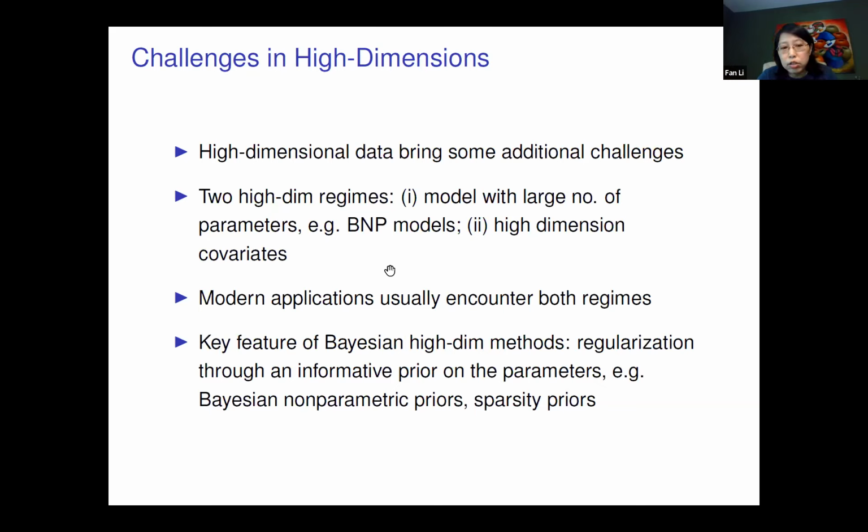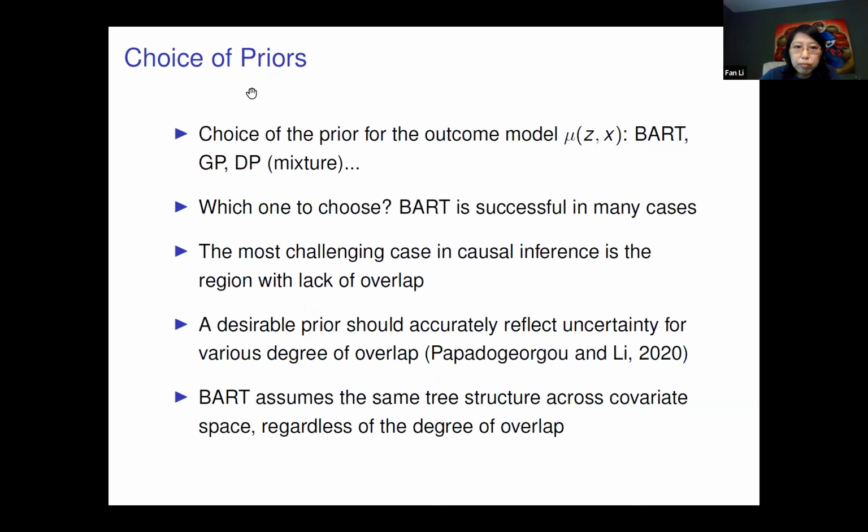Not just from a Bayesian perspective, but Bayesians have quite a lot of different priors specifically for the high dimensional regime. The key feature of those methods is that you do regularization, but instead of a penalty as in the frequentist domain, the regularization is imposed through an informative prior on the parameters. For example, the Bayesian non-parametric prior or the sparsity spike and slab priors. Okay, so then what are the